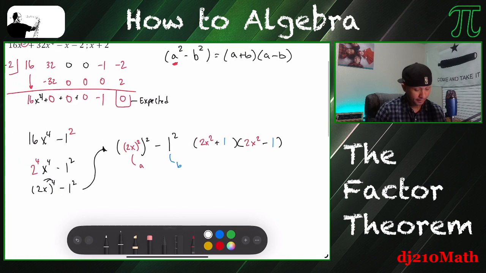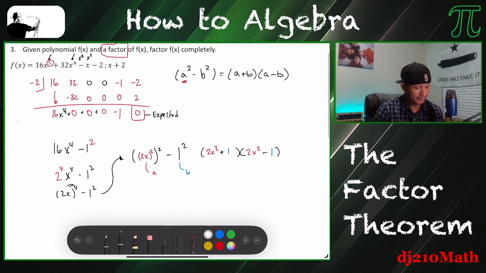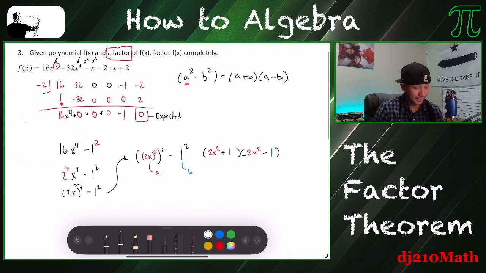Okay, and then the last step, right? The last step is to see, can we factor it again? Like, can we keep this difference of squares idea going? Because we want to keep it going until we can't go anymore. So there's no such thing as a sum of squares, right? So this first factor, this one's pretty much done. So we're just going to put a pin in it. The second one, however, this is again a difference of squares, because 1 squared